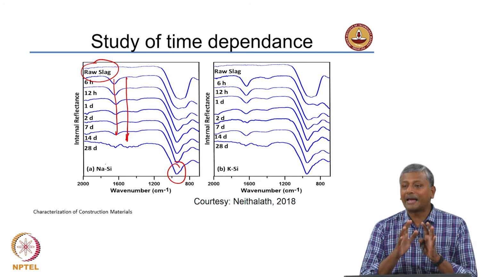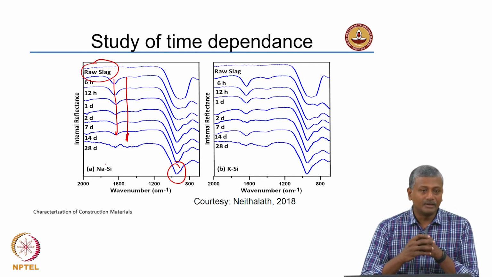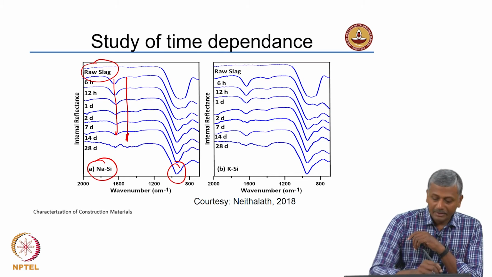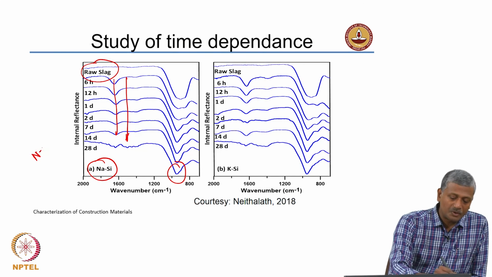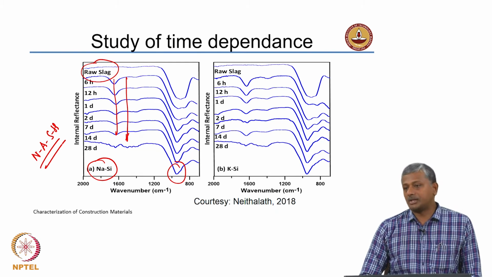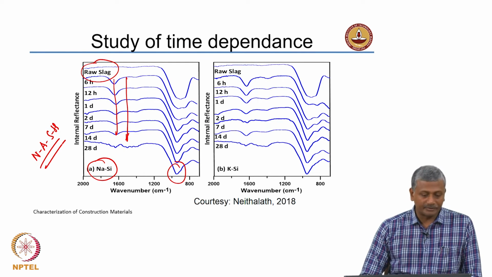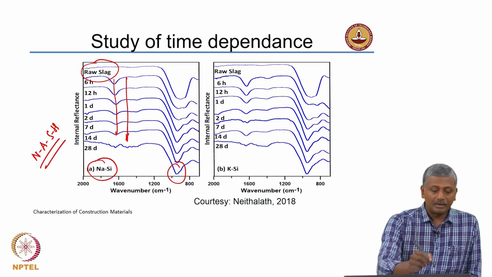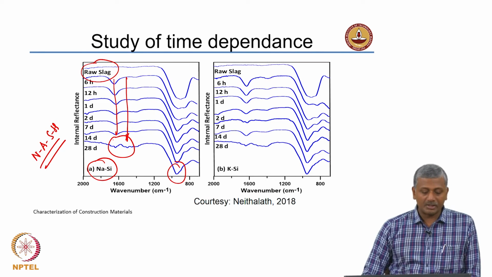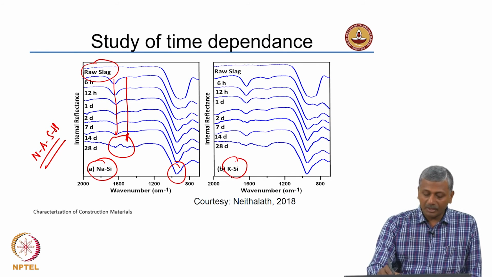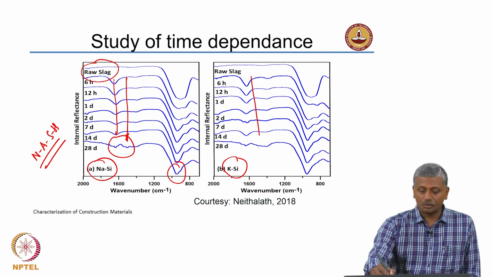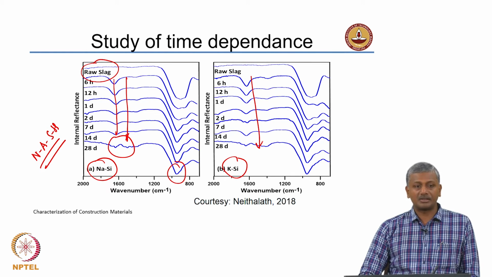This is actually activated slag, alkali activated slag. So, what you are looking at is the sodium silica peak, which typically forms in a gel which we call NASH gel, sodium aluminum silicate hydrate gel. That typically happens in geopolymeric systems. Okay. So, in this case your system is evolving with respect to time from raw slag up to this location at 28 days, where you do not see this peak occurring in the system at all. Similarly, potassium silicon is also seen to be completely obliterated by the time you reach the 28 days hydration of the slag.